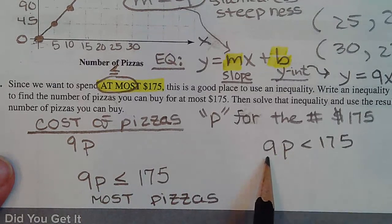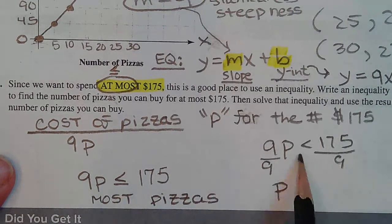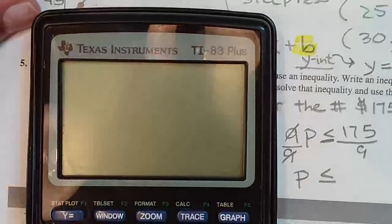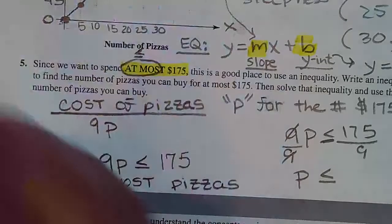If all you want to do is get rid of that multiplier, you get rid of it through multiplication. Oops, I lost my little equal sign. So the number of pizzas, that's what P stands for, that you can buy has to be less than or equal to, let's see what 175 divided by 9 is. Okay, so we get